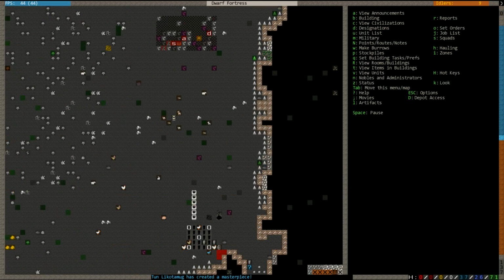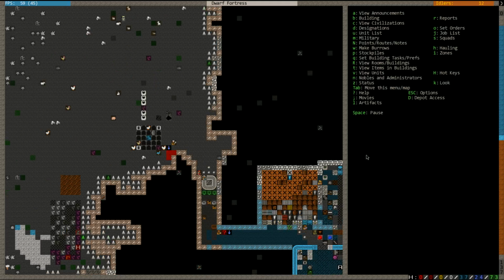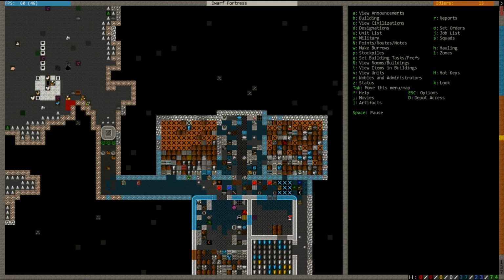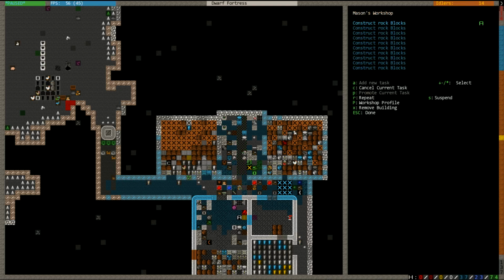It's almost too smooth at this point. But as we continue to increase the amount of created wealth in our fortress, we are going to continue to attract more and more bad guys and sieges and ambushes and all that kind of good stuff. So, I think we are still...